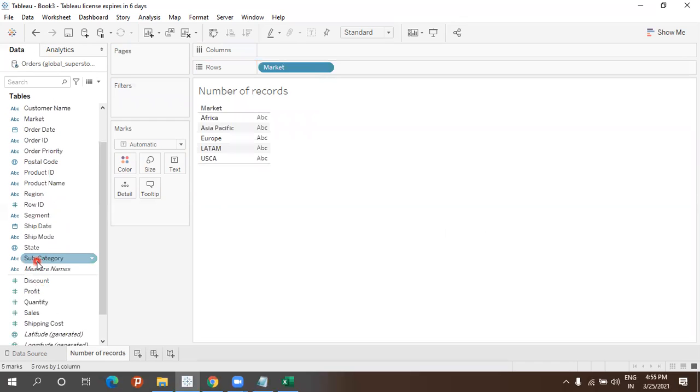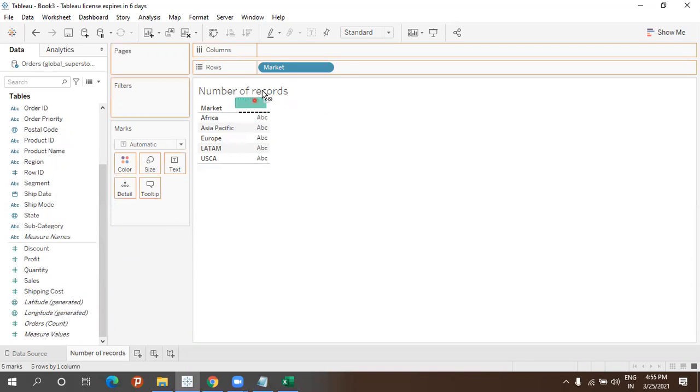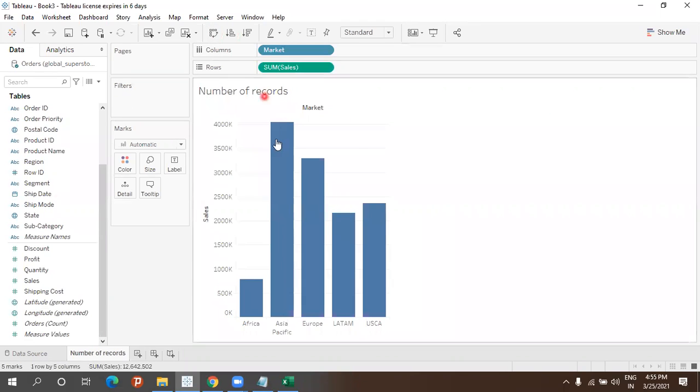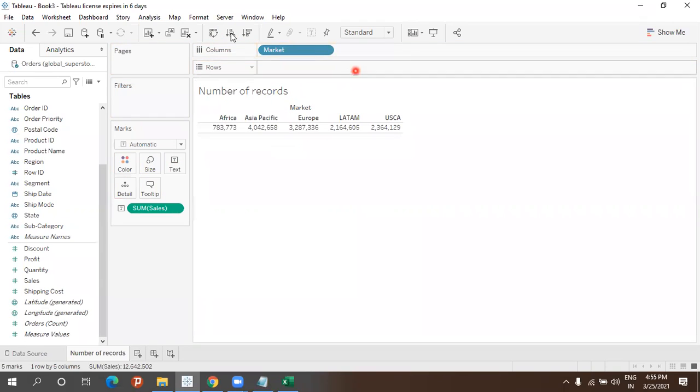Let me drag and drop market to the rows area. Then I will drag and drop sales here. Let me swap this one into labels like this.